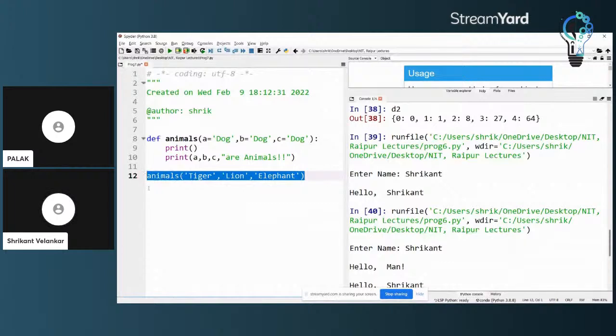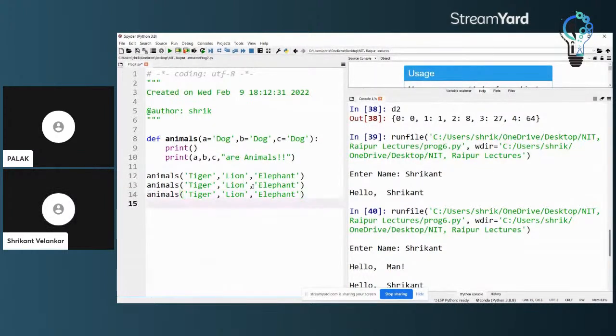Now I am going to call this function once more and once more and once more, and every time I am going to specify one parameter less. Here I only pass two parameters. Here I only pass one parameter, and in the last case I don't pass any parameters, and we will see how it works.